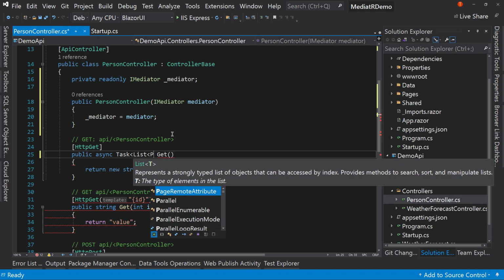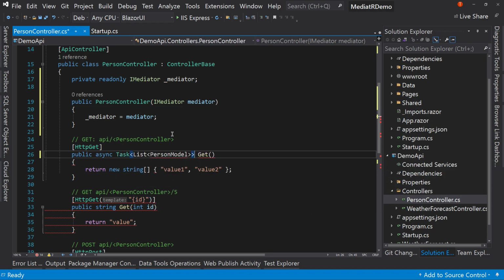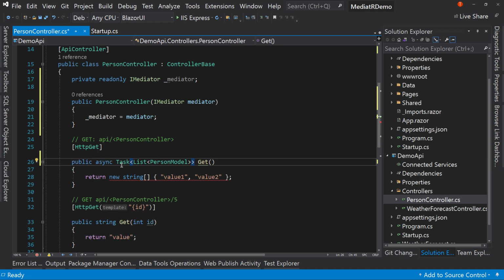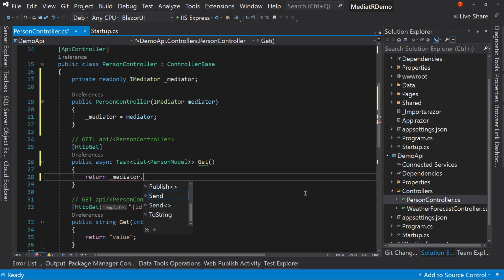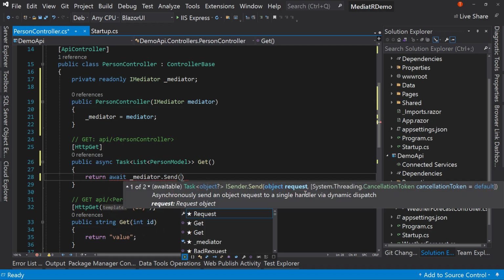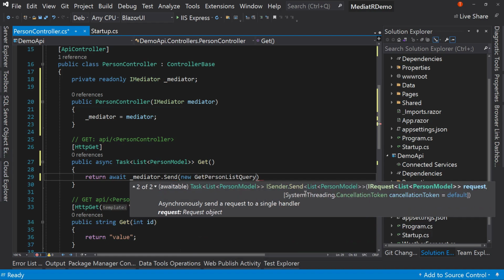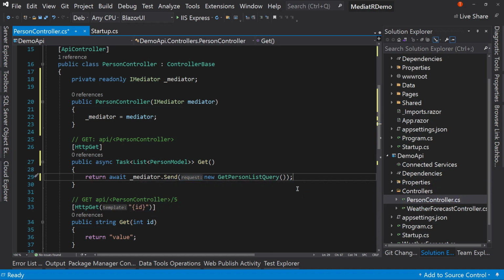list of PersonModel. That'll add the using statement we need. So it's an async task of PersonModel. And in here, just like in our Blazor app, we can say _mediator.Send. Oops, we need to await this. Await mediator.Send. We can pass in here a new GetPersonListQuery. Okay, that's it. So now with just a few lines of code, if we switch over to this API as